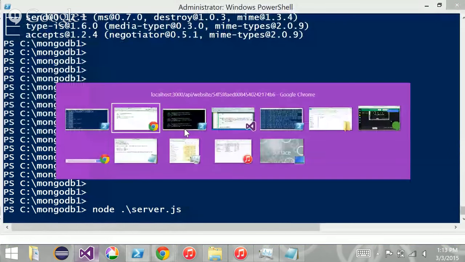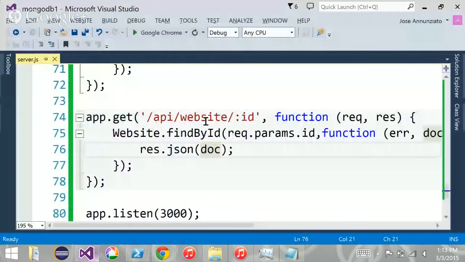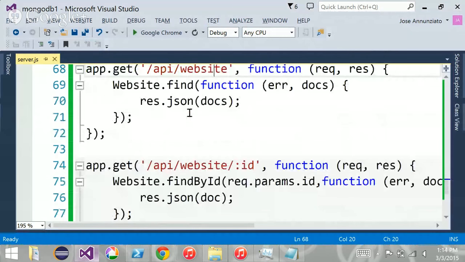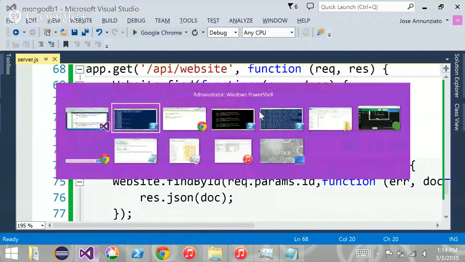How about creating or deleting or things like that? Well, for creation, we're going to need to be able to post. For deletes, we're going to have to be able to use deletes. For now, let's create a little UI, a little Angular that displays all this content. So let's stop